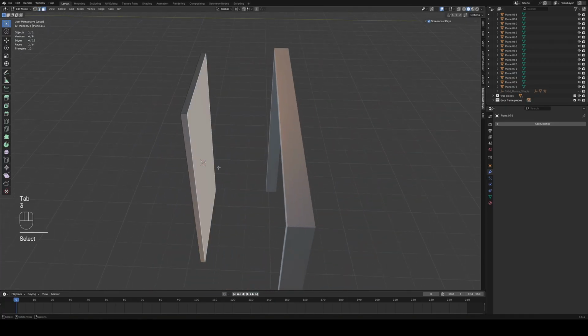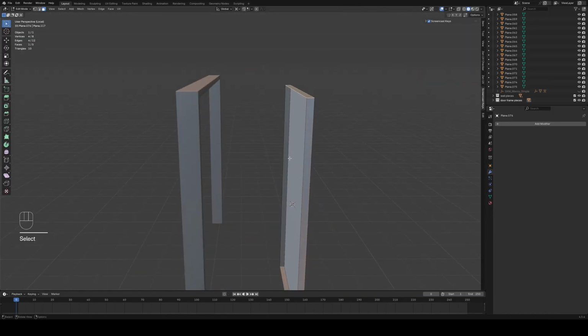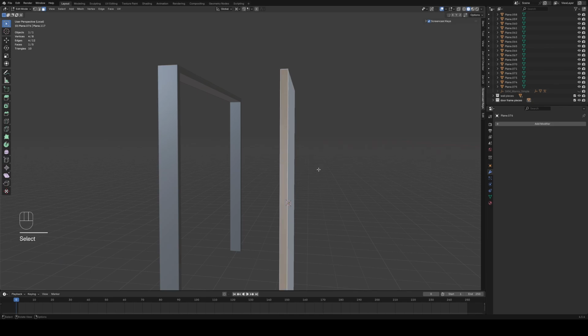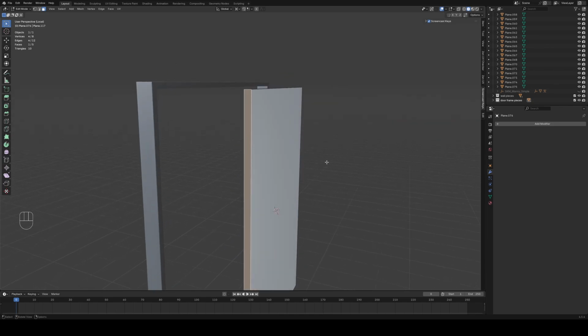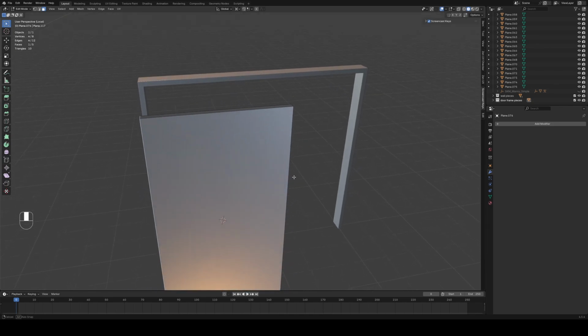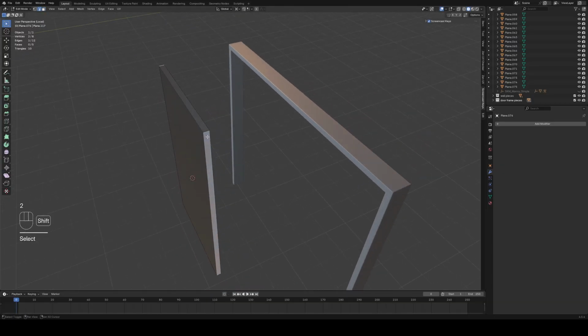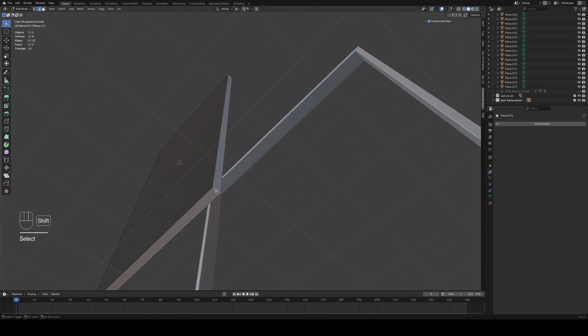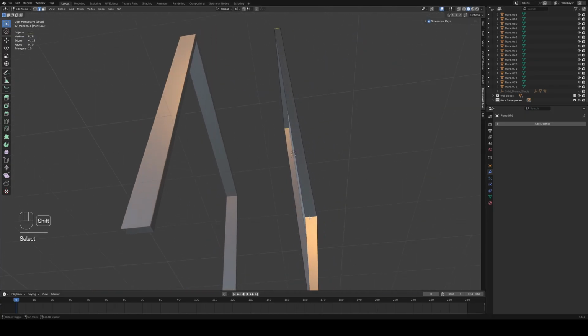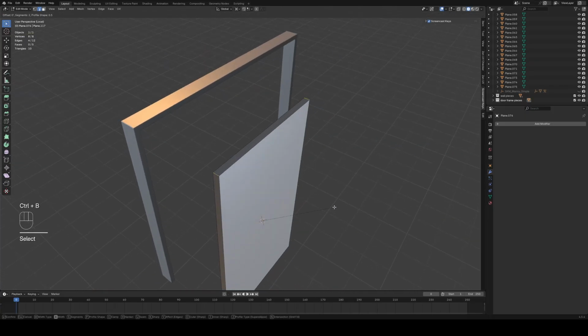We can get rid of this back face. And we could probably get rid of this side face right here. But I'm going to wait to do that until after I bevel this edge. So let's go ahead and bevel the corner pieces first. Just a little bevel to make them not so sharp. And we'll do just